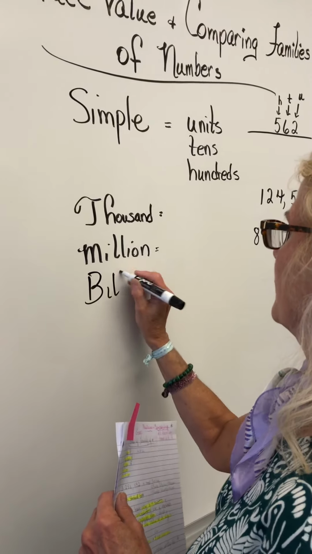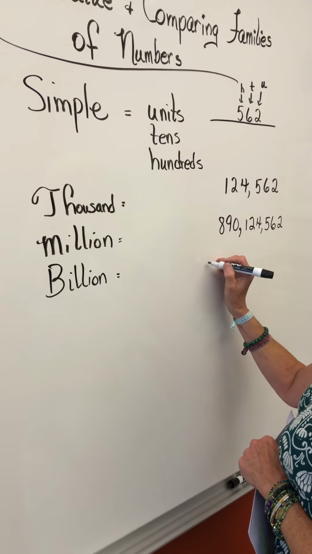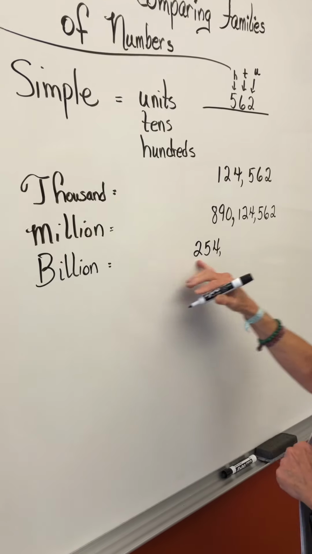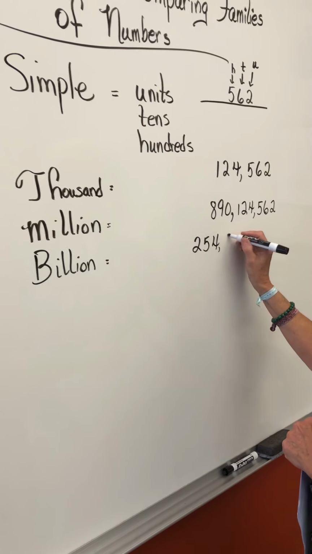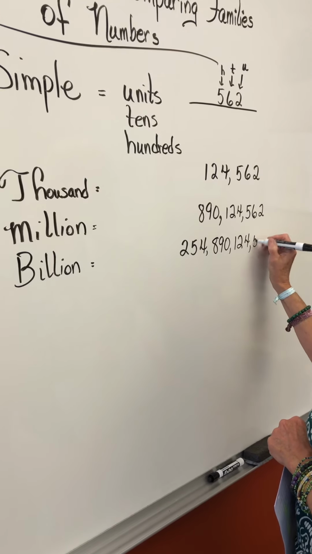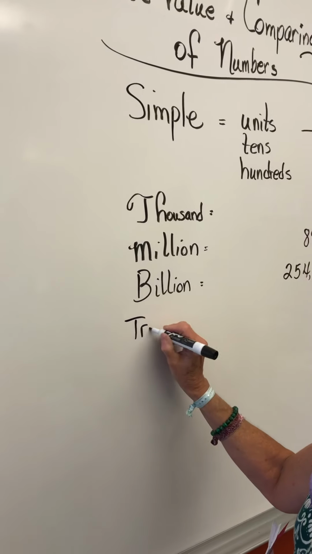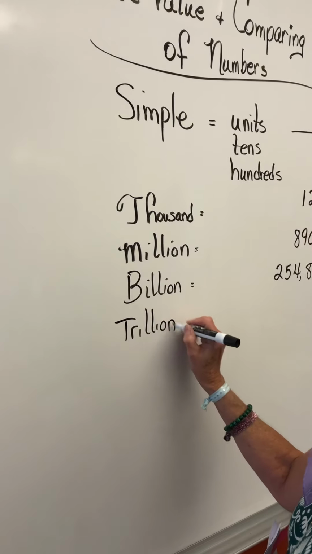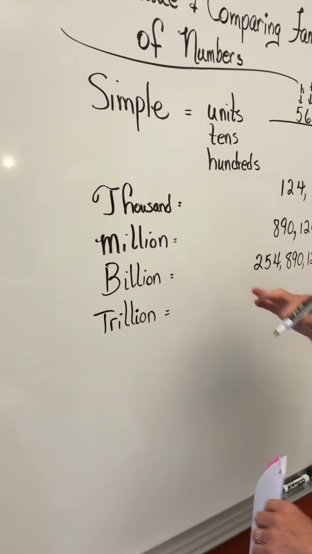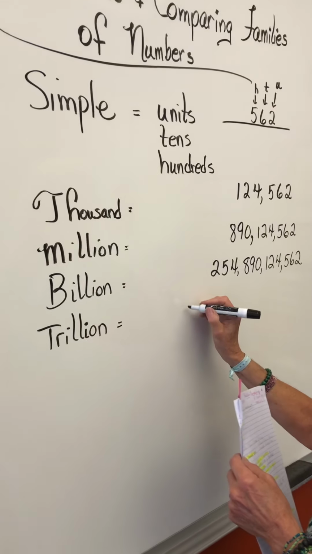Then we have the billion family, right? So we could go again. Let's say this is our billion family, 254,890,124,562. And then I'm going to go up one more, but you know, numbers never end. So we could continue going with families on and on and on, but we'll end with the trillion family here, which let's say we have